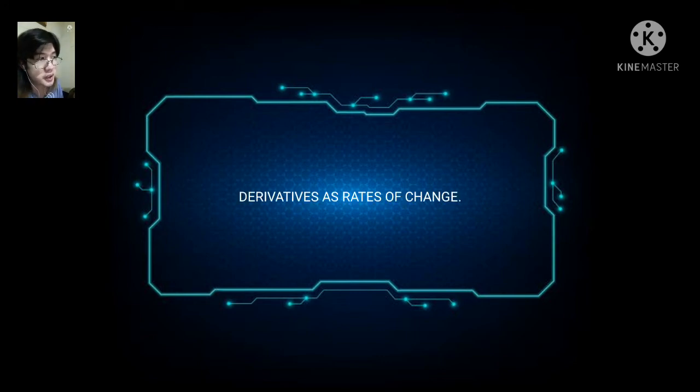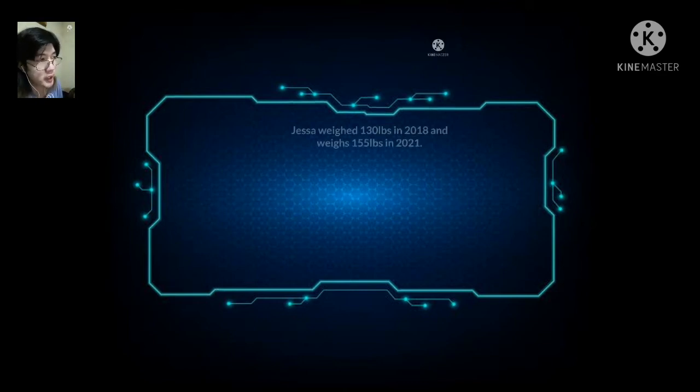So lastly, derivatives as rates of change. Jasa weighed 130 leaves in 2018 and weighs 155 leaves in 2021. So our first step to get the rate of change is we must first determine the y and x,